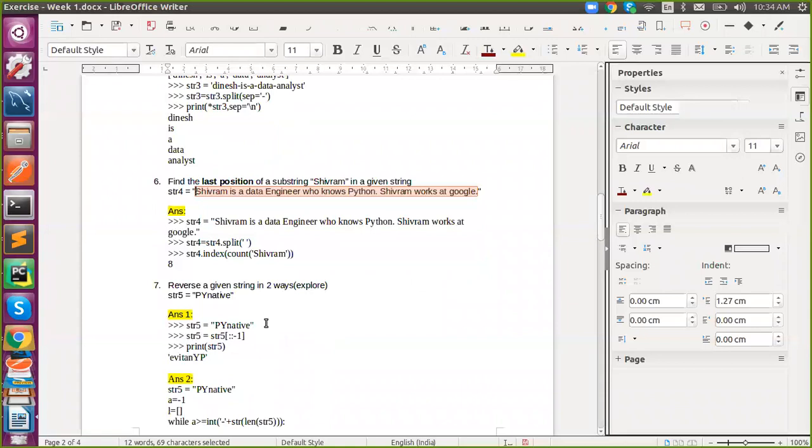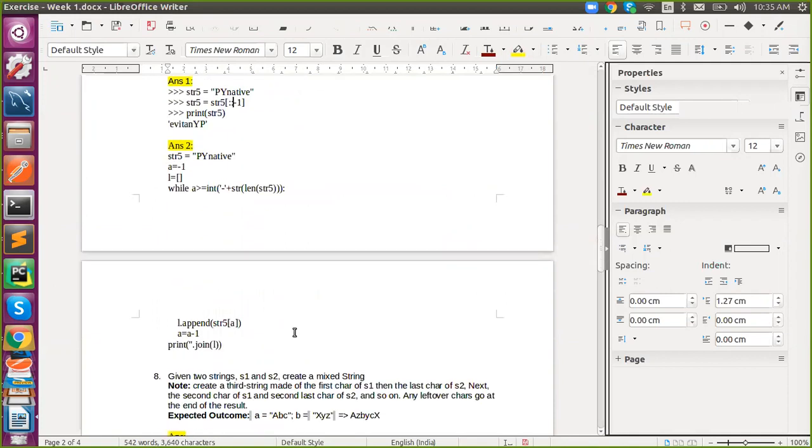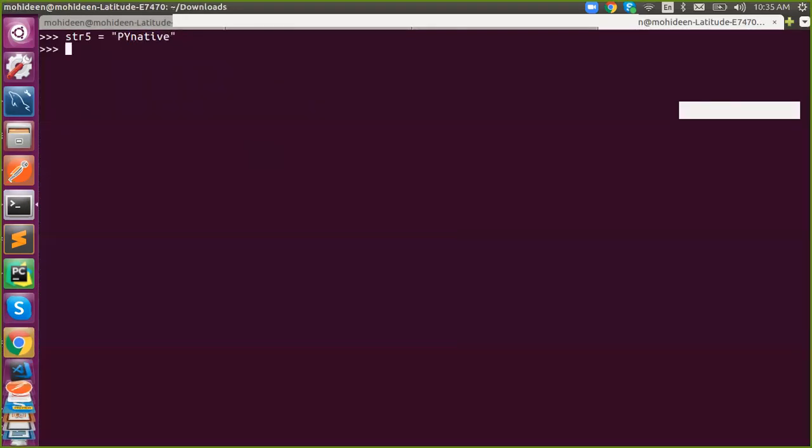Yes, bro. So this is the correct answer to reverse a string using index. It's the negative index question. You all know default start, default stop, and -1 as the step. That's cool. And apart from that, you used a while loop and all. That is fine, this is also fine. You're appending and you're joining. That's good. So without using any built-in, what will you do? Here you're using append and all, right? So without using that, I will try without any built-in.